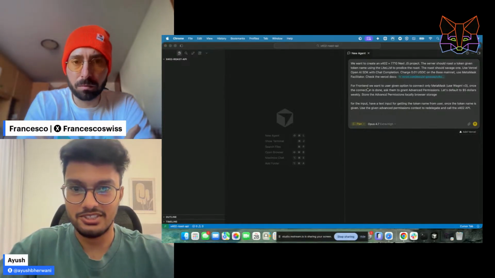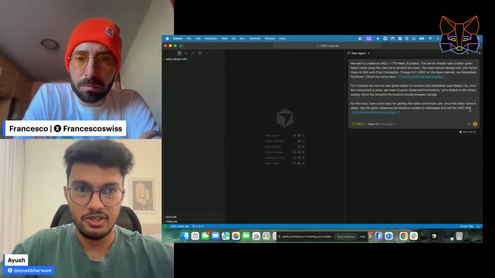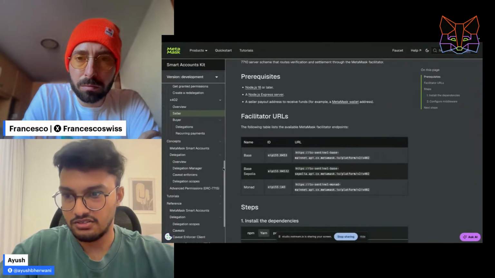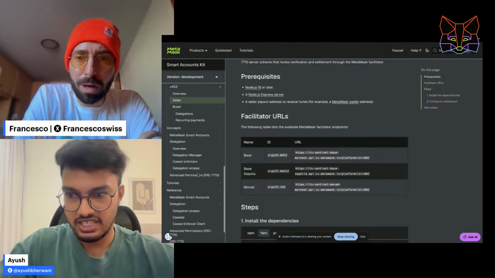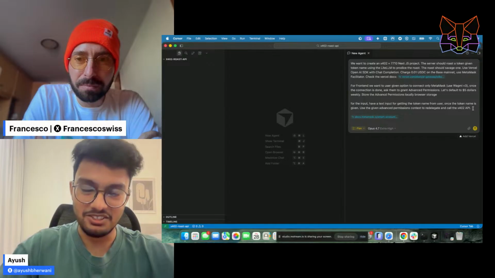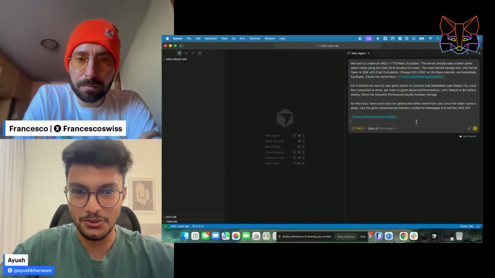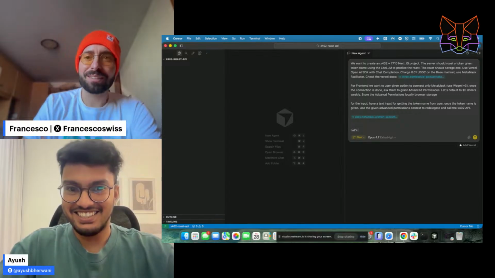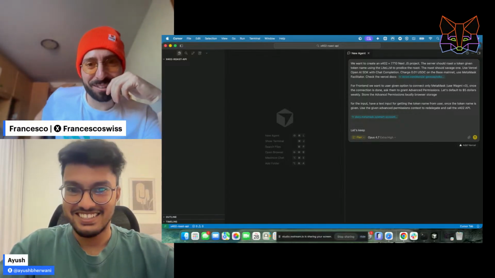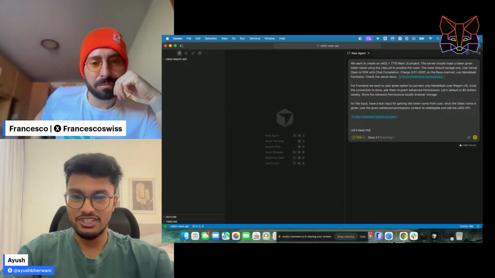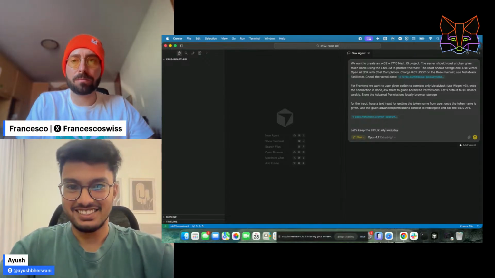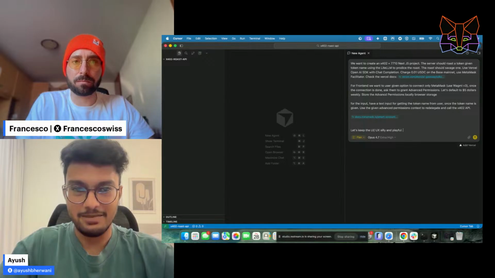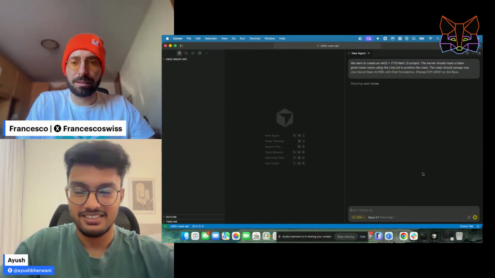We have given the context for the docs as well, so hopefully it will be able to do it. And if we want, we can give more context on the docs on how to connect using WAGMI, or even Connect, right? WAGMI plus, and I think it will figure it out on its own. Let's see if it is able to do it or not. Let's see in the planning mode if we can use WAGMI or even Connect. Yeah, what he's asking, we can say let's keep the UI UX silly and playful, right? Because it's a silly project or silly demo that we're doing. And I mean, the name says everything, right?